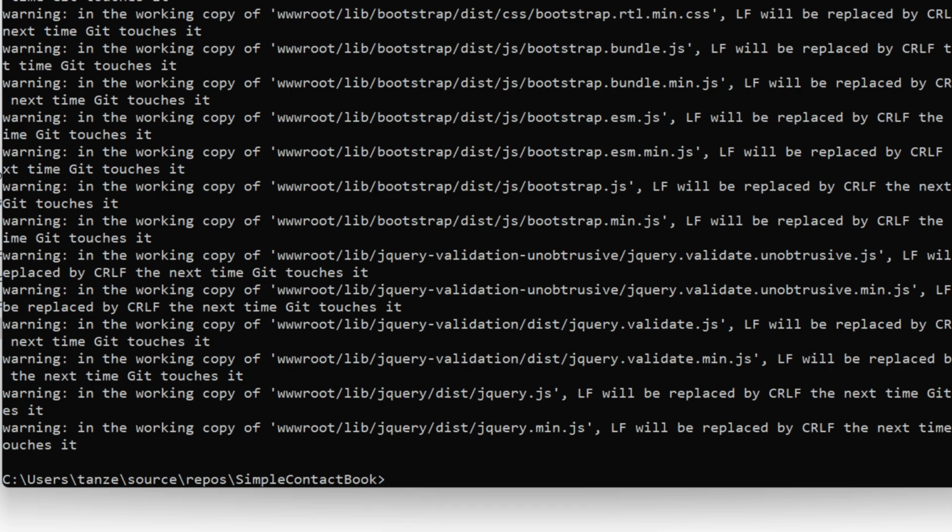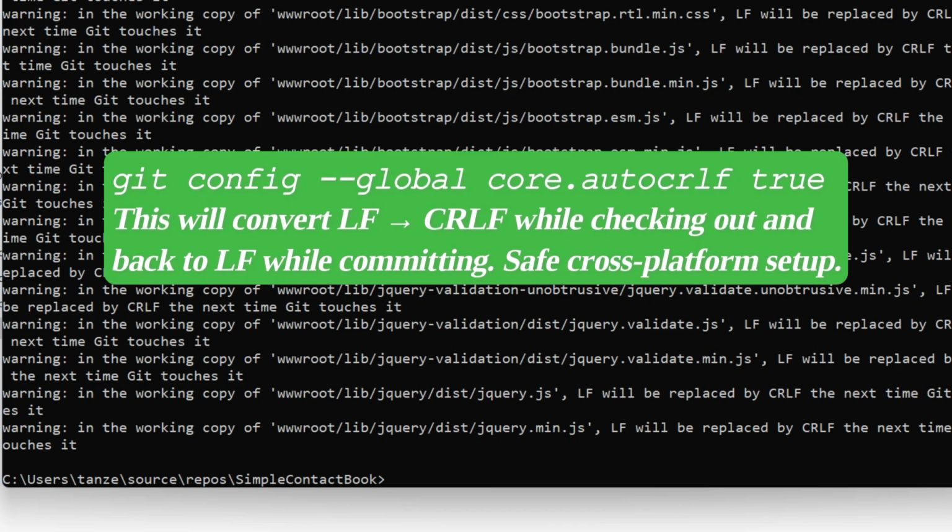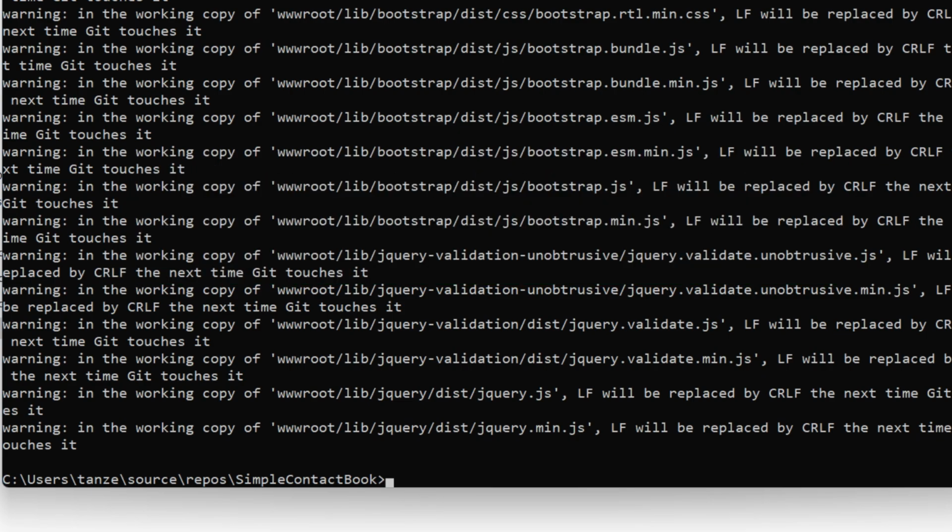So you can just ignore this warning, or if you want Git to convert line endings automatically whenever you are checking out files on Windows, you can set core.autocrlf to true. Now that you have added all the files to Git, you have to commit changes, which actually